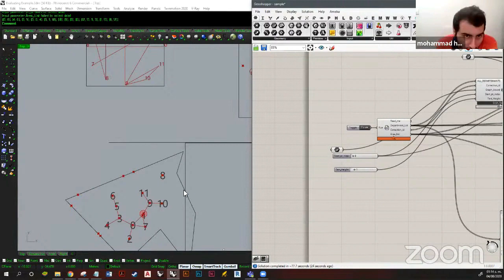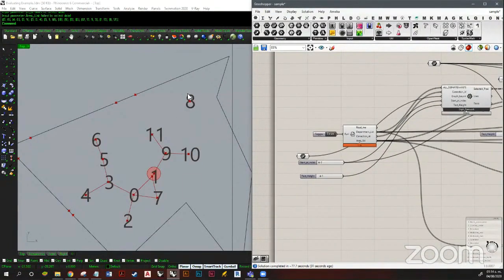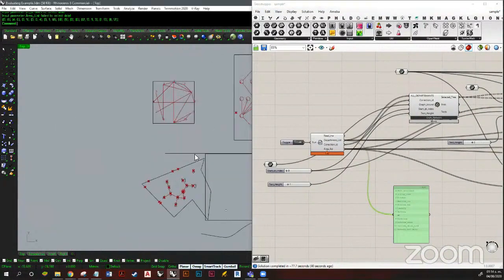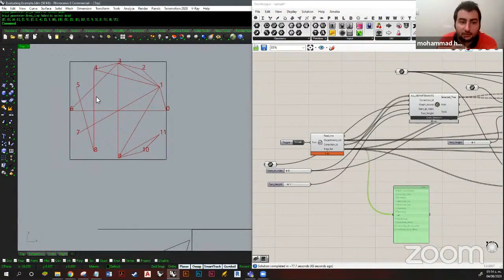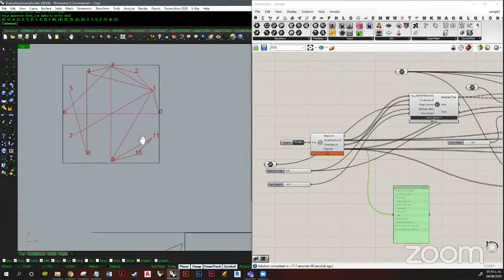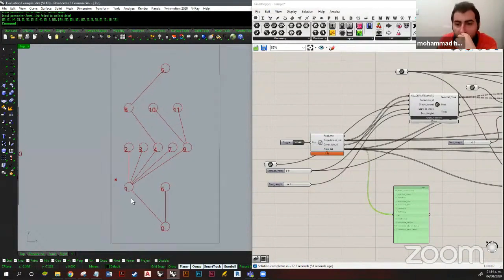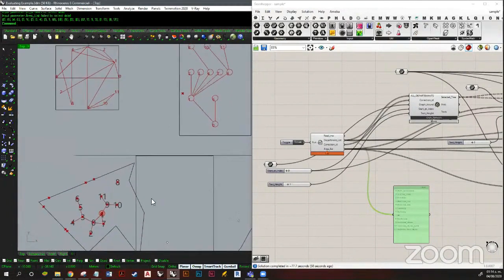So now we can see that space 8 is related to 2 spaces here. No, it isn't. I mean, 8 is still far from the graph. Checking the space syntax graph, I want to see how it works. Oh, I see. So it's also related here, space syntax graph in the right side. Here you can see that it's related to 2 spaces, and it's really weird too. It's located individually in the boundary. Let's check it again. I can move